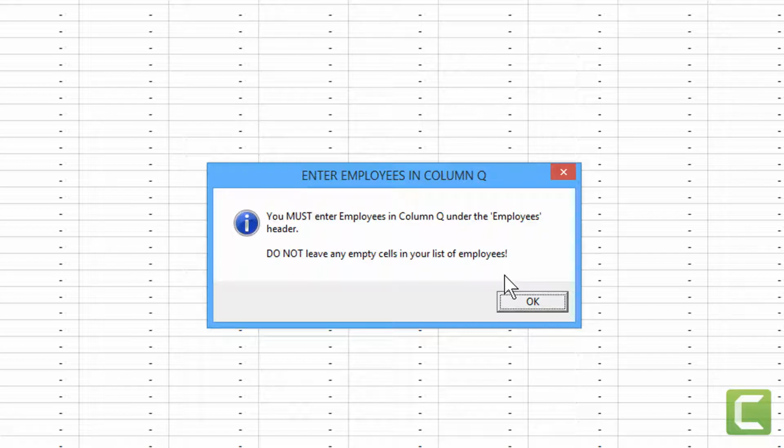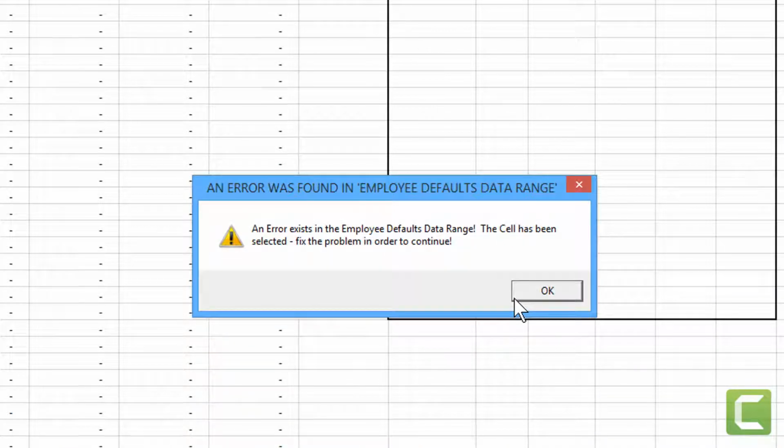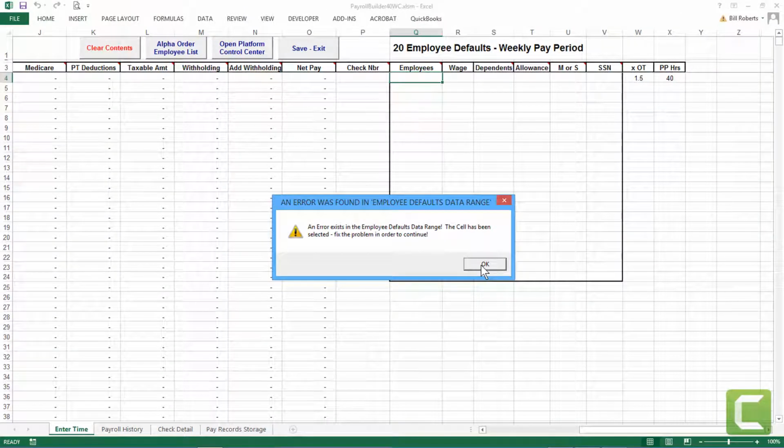So first things first, you have to have employees. And this is an important line here. Do not leave any empty cells in your list of employees. I'll show you what happens when we do. It's telling us an error exists because it's found blank cells. It's going to do this every time the platform opens. It'll check it. You won't have to go through this agony, but